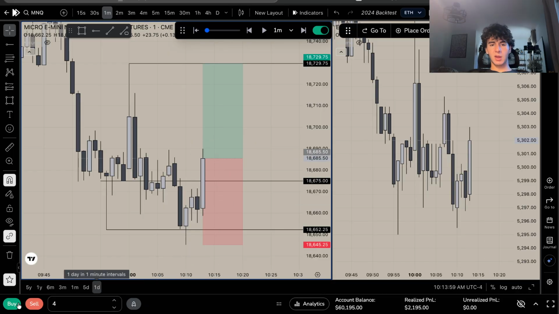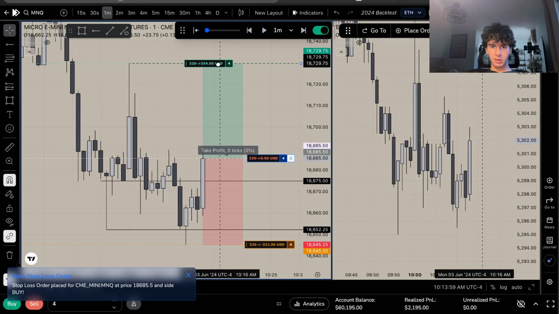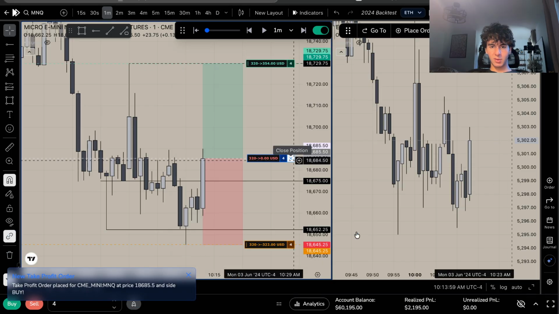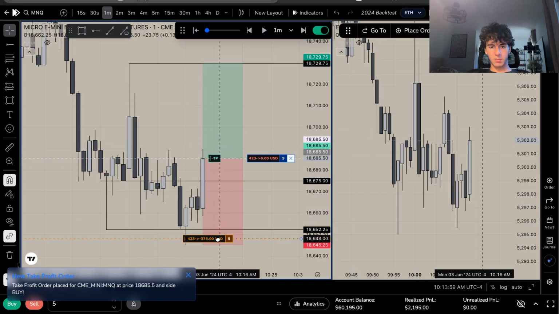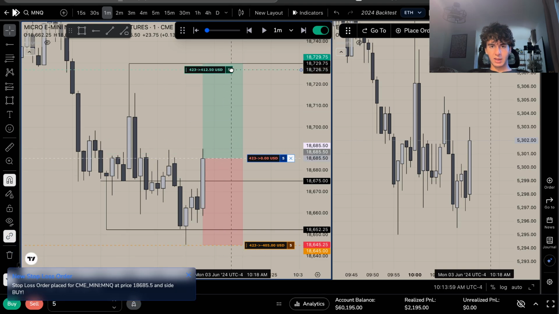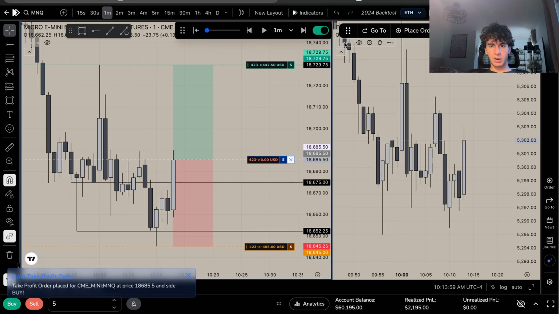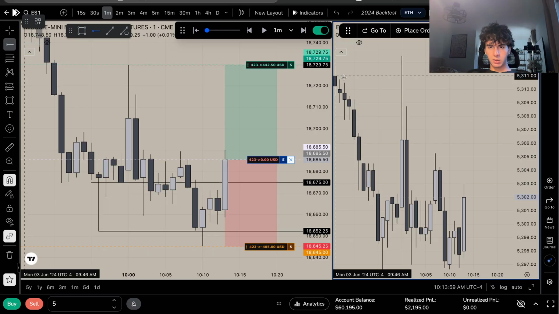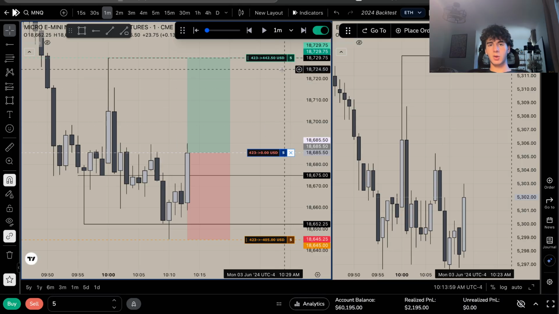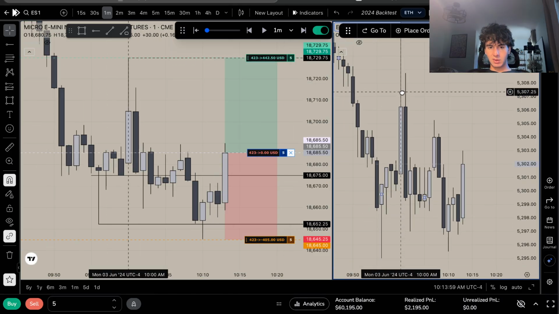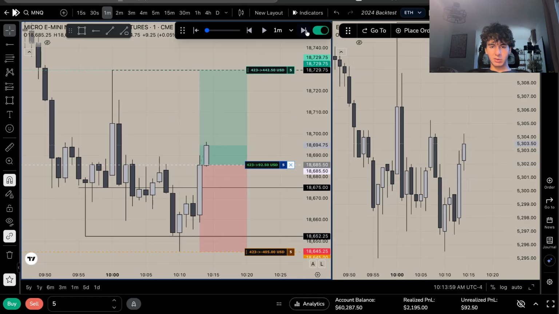So yeah, I'll put on 4 micros for this. Nothing crazy. Oh, actually, we'll risk up a little bit. I gotta figure out how to set it on FX Replay so it risks 1% every time, or as close as possible to 1%. But yeah, I'm willing to take this trade here. So we have data highs, a 1-minute inverse off of a resweep of that 15-minute intermediate low and the SMT. Do we have an SMT down here as well? We do not, but honestly, I really don't need it. I'm willing to let this one go here.